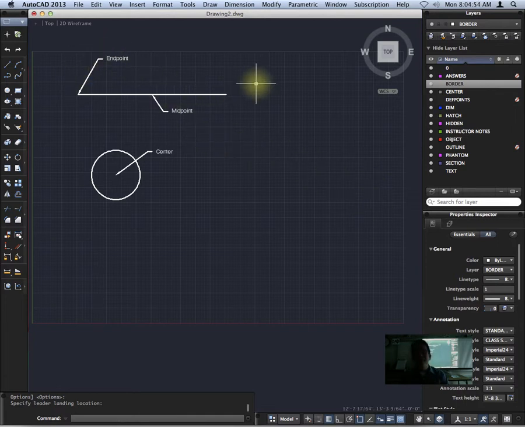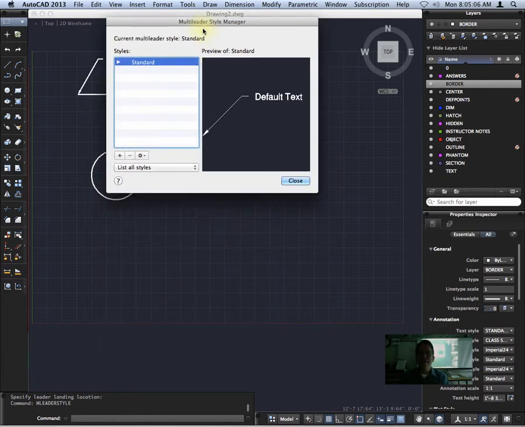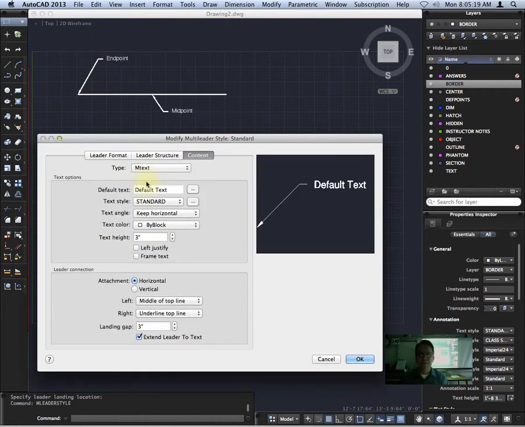So the command for that is mleader style. So just like dim style or text style, just regular style, we have a multileader style. So mleader style gets you into our multileader style manager, and then just like we did with our other types of styles, we can click on the style that we want to modify, click on modify,